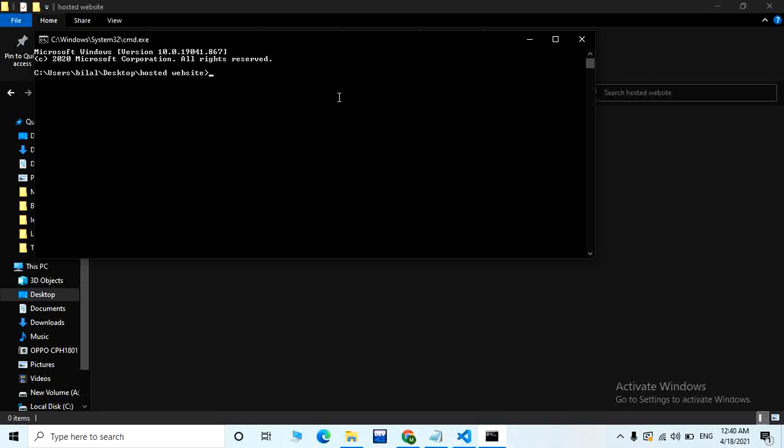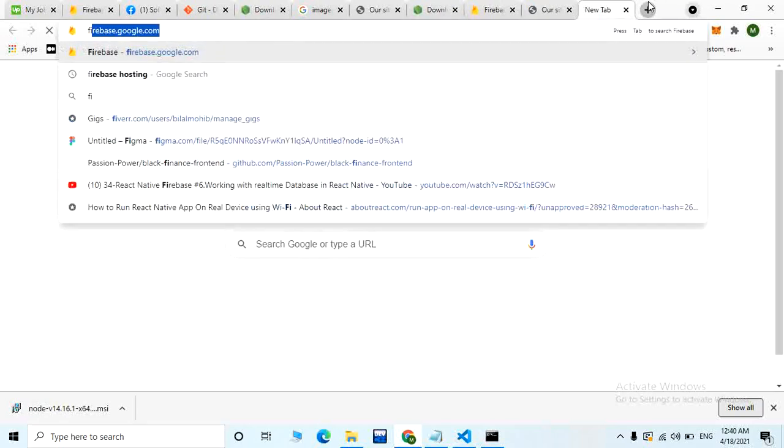Now you have to open the command line. You have to open the terminal in that folder, in that directory where you want to host your site. So now what you have to do is first go to the Firebase console,